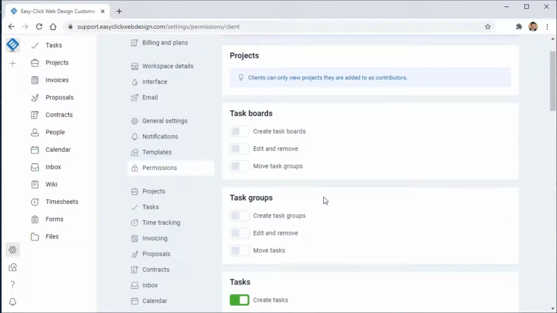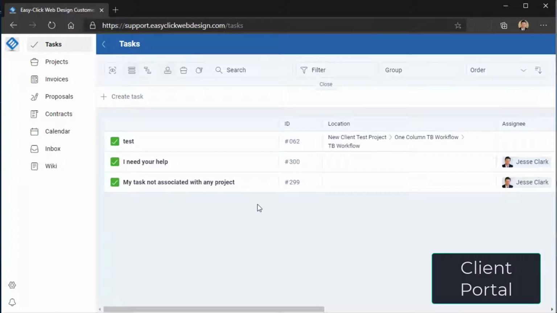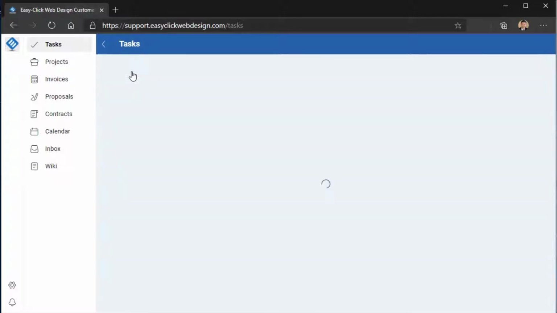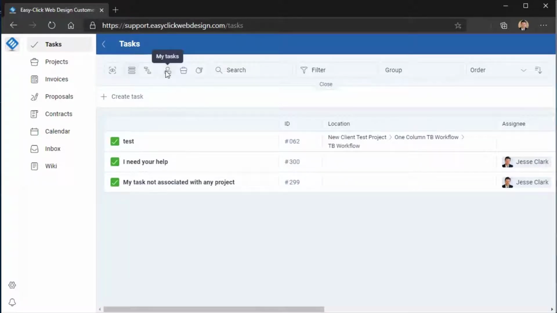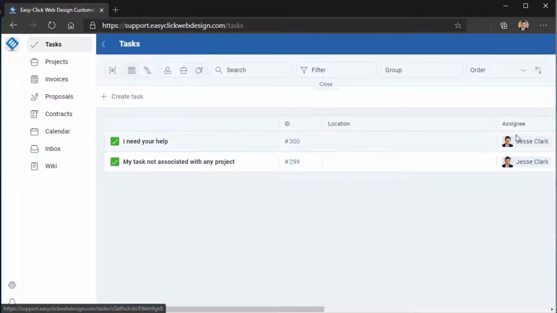So if I switch over here to the guest project, or the example client portal, you can see here's what they're seeing. This is what your customers are going to see when they log into their portal. So you have their tasks, which you can have in timeline view or table view. These are personal tasks for your client. These are tasks related to actual projects, and these are tasks that they've been able to delegate or assign to